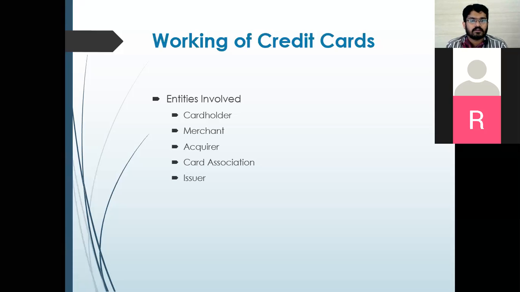It's all on credit. The bank sanctions you a particular amount and you do transactions on the basis of that sanctioned amount. Suppose the amount sanctioned is 50,000 rupees. Today you have done shopping of 10,000. So tomorrow the limit available to you is 40,000. It goes on reducing, and till the time you make the payment, till the time it is settled, your limit keeps reducing, right?